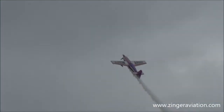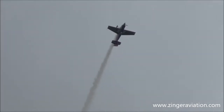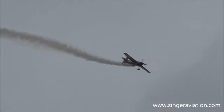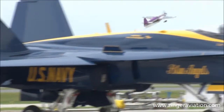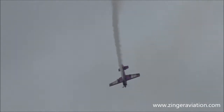He will be experiencing some 9 to 10 times the force of gravity in positive G's and 2 to 4 negative G's. And there is the Q8. You can actually see the smoke traced in the sky in the figure 8. Maximum speed of the airplane that he's got going today is going to be over 300 miles per hour, as he does the Nicolator, turning it into a torque roll and backing the airplane up. He'll quickly swap ends and aim right down toward...